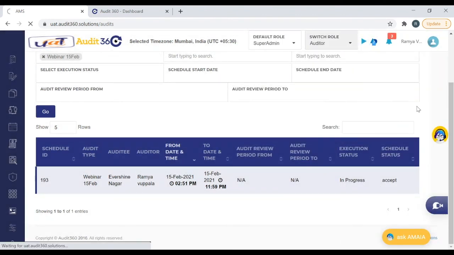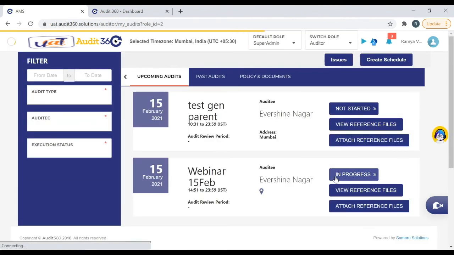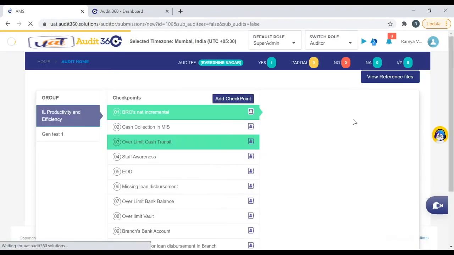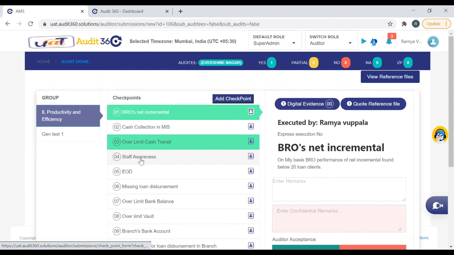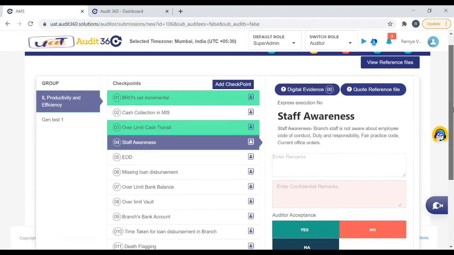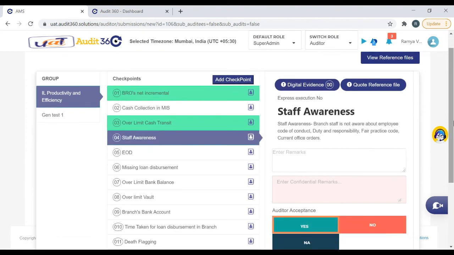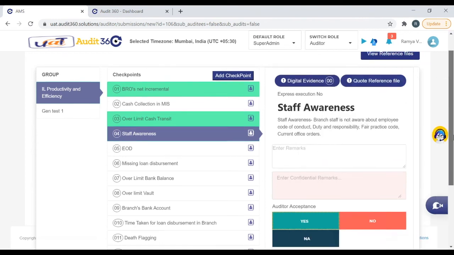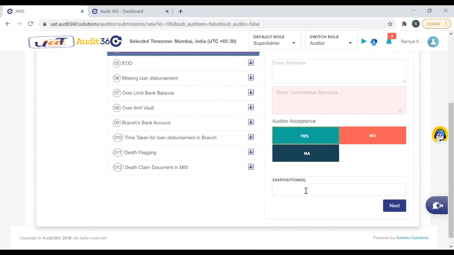Coming to auditor, I'm in progress. I'm just continuing my audit. Now I'm executing staff awareness, for example. Click yes. I want to quote this to the file. If you see, whichever file the auditee has uploaded can also be listed here. I'm quoting the recent file which I've received and attaching it to the details here.